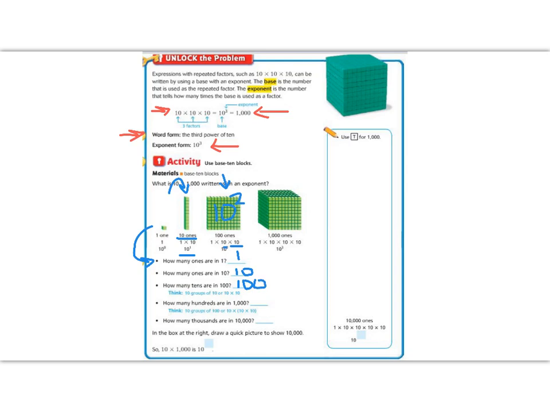And then over here on our last one, this is again called a cube, but this cube is different from our first cube because this cube is worth 1,000. And it means that I have 10 times 10 times 10, like on our example up above, because I went from a cube to a flat to a long, and I multiplied each time. So I have 10 times 10 times 10, which I write as 10 to the power of 3. And 10 to the power of 3 is